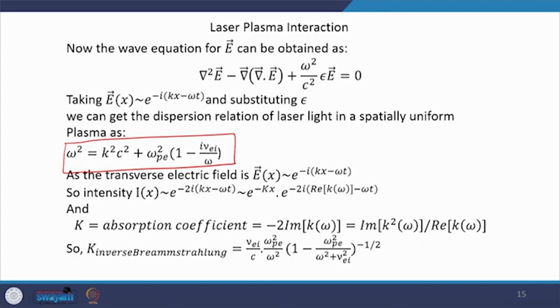This complex refractive index is responsible for the absorption of light, and kappa, the absorption coefficient, will be minus twice the imaginary part of the propagation constant k(omega). Using this, we can find the absorption coefficient for the inverse Bremsstrahlung process, where c is the velocity of light, described by this equation, which is important because after generation of the plasma,